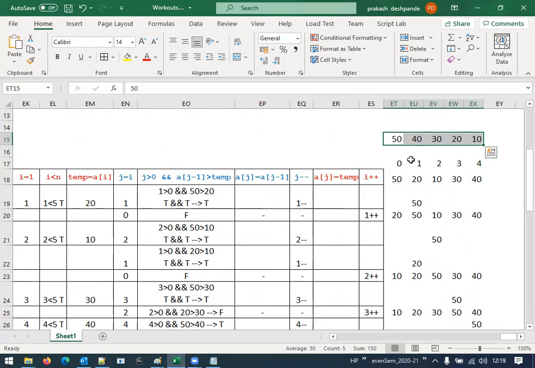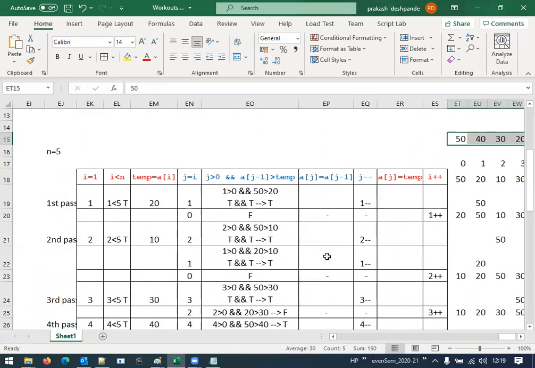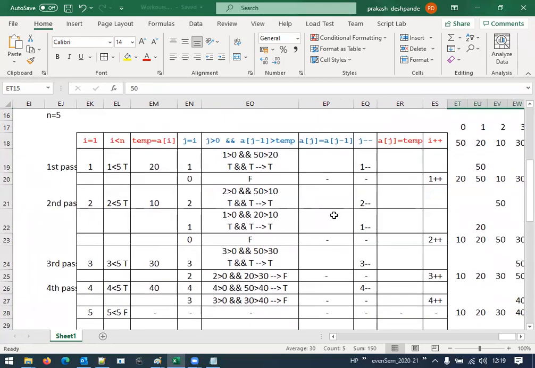Okay. One suggestion is that students don't take 1, 2, 3, 4. I have seen students taking 1, 2, 3, 4 as the arrays or numbers with the single digits there. You will get confused with the index values there. The indices are also 0, 1, 2, 3, 4, 5. Just if you take the elements also in the same way, you might get confused. That's why I'm taking double digit numbers here. Okay. Now, try to trace it once again and see whether you are getting proper results or not. Okay. This is little tricky. Go backward in the video and try to see the concept once again and understand the tracing part.